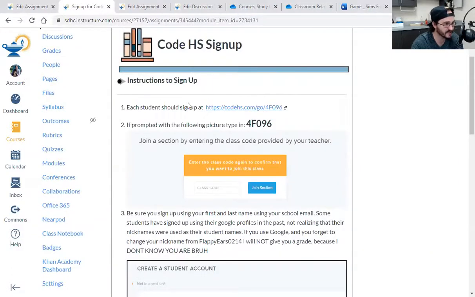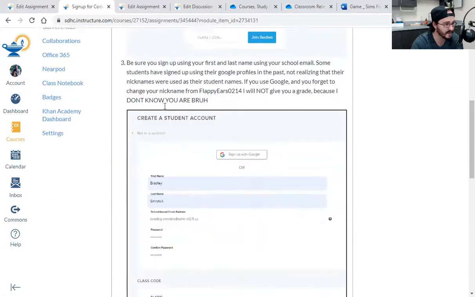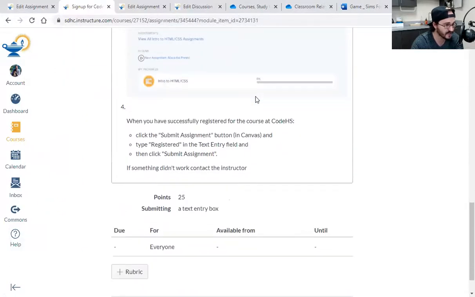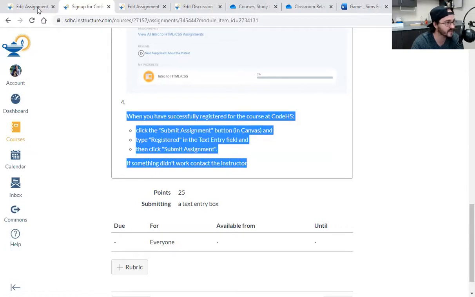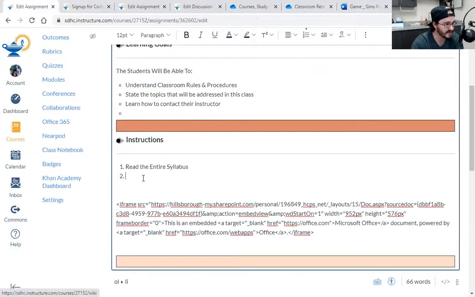I did instructions to sign up because they got to sign up for something. I gave them pictures, which is everything in that. There we go. When you have successfully registered, I want them to click the Submit Assignment button in Canvas, type registered in the text entry field, then click Submit Assignment. If something doesn't work, contact the administrator. I'm going to do exactly that.